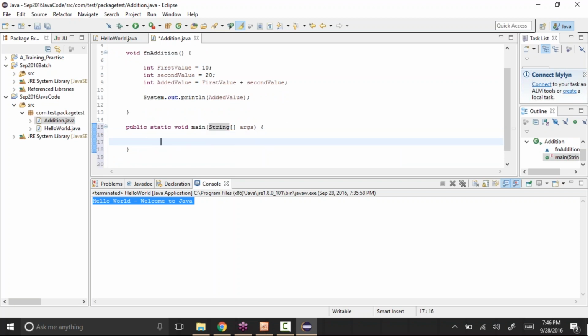Then here we need to create the object of that class, we have to instantiate the object of that class. How to do that: fn addition, the name of the class, space, then some variable, let's say add obj equal to new fn addition, like this. See, it gives me an error.